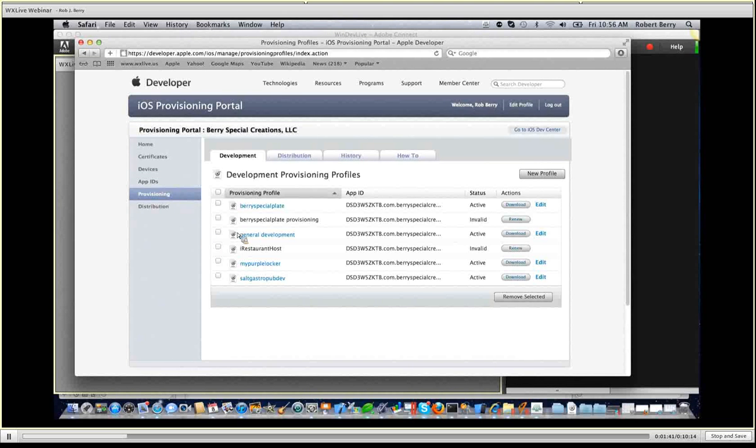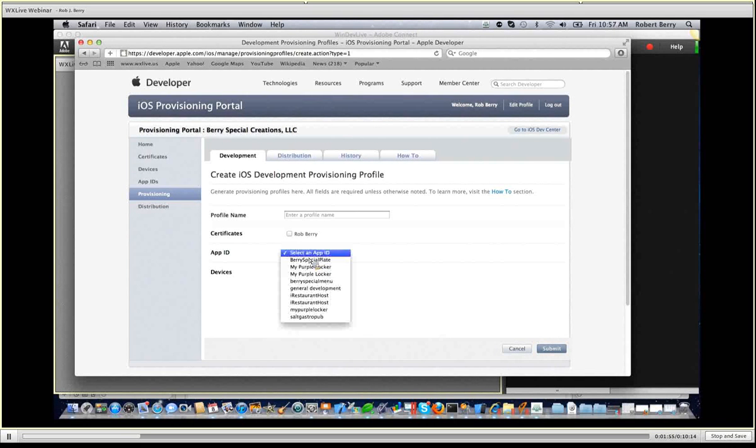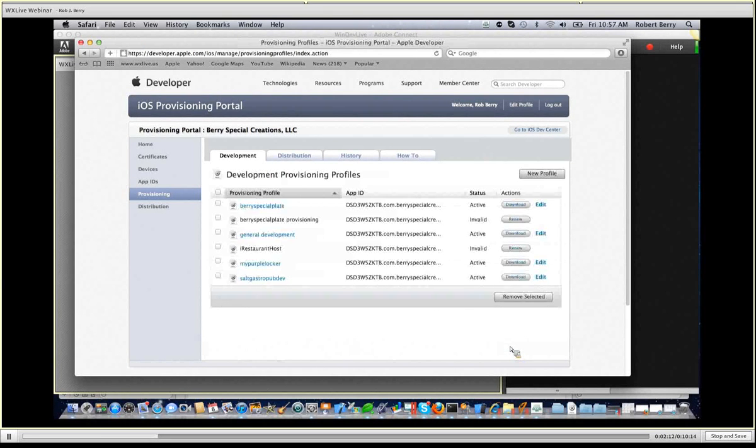Then I went into the provisioning. And you'll see here I have general development. So I created a new profile. The next step is this: after you create the app ID, you need to go to provisioning, give it a name, tell it which certificate, tell it the app ID, which would be the general development, what device you want to be able to put them on. So if you have an iPhone, an iPod, an iPad, you have all three of them registered, you can check it for all three, so you can test on all three units. Okay, so I'm just going to cancel. So that's all I had to do there. Then I